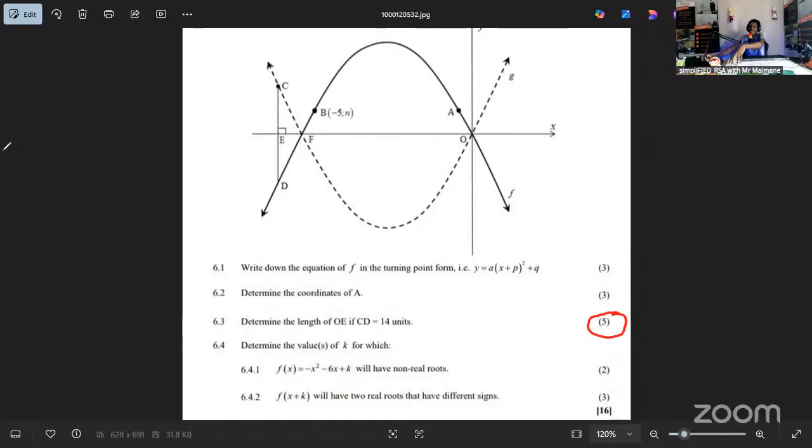Because if you want to memorize, no, you should have done history. So here, you went here because you said, I want to think. So while we are practicing how to think, we just have to be doing it all the time and consistent. Determine the values of k for which f of x is minus x squared minus 6k